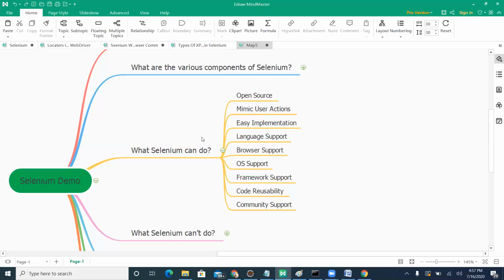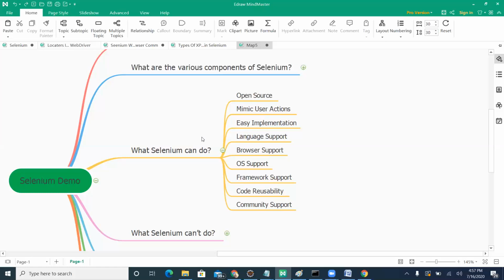It has multiple browser support, like Chrome, Safari, Firefox, IE, Edge, any kind of browser, and you can automate your application in that particular browser as well. You can also execute simultaneously in multiple browsers.